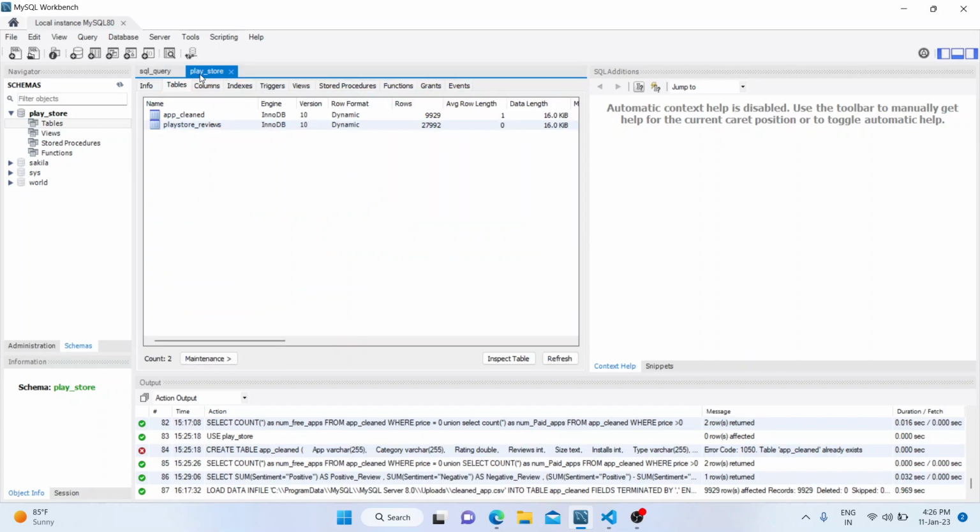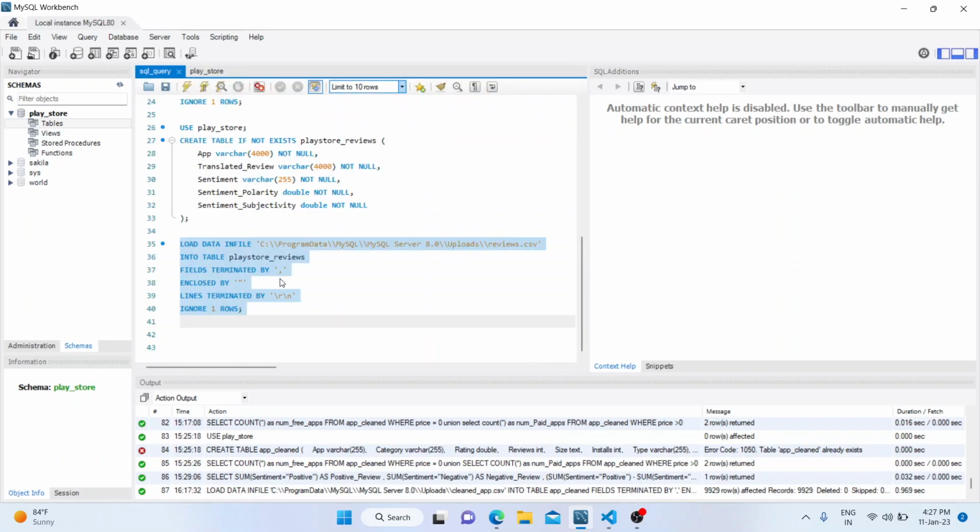Here I have created both the tables, app clean and Play Store reviews. In app clean I have 9,929 rows, and in Play Store reviews I have 27,992 values. Both the tables are ready, both the data sets are ready.